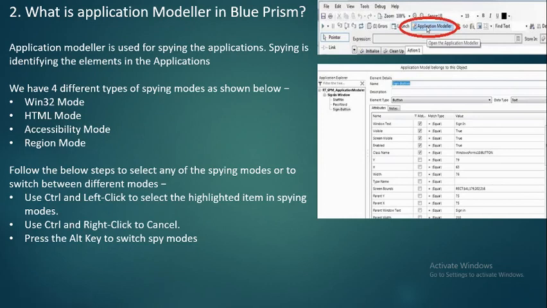You can use the application modeler, or if you want to switch between different modes, these are the steps that you can follow. Use Control and left click to select the highlighted items in spying modes. Use Control and right click to cancel, and press the Alt key to switch the spy modes. So you can see on the right hand side of my screen the one that is highlighted is